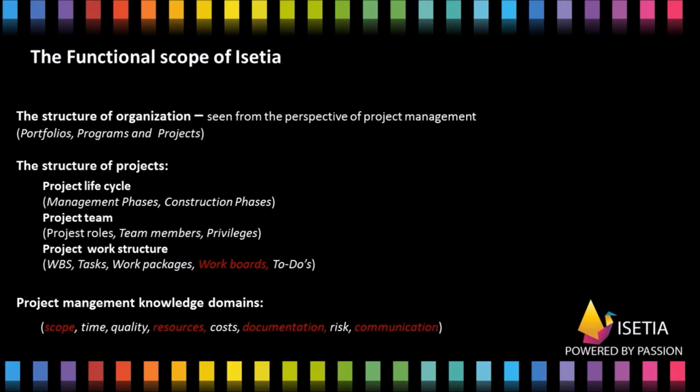Then modeling tasks, work packages and workboards. This is in red color because this is our solution and our approach how to mix and balance between micro level management and macro level management. You know that this is one of our subjects for today, so I would like now to stress these work